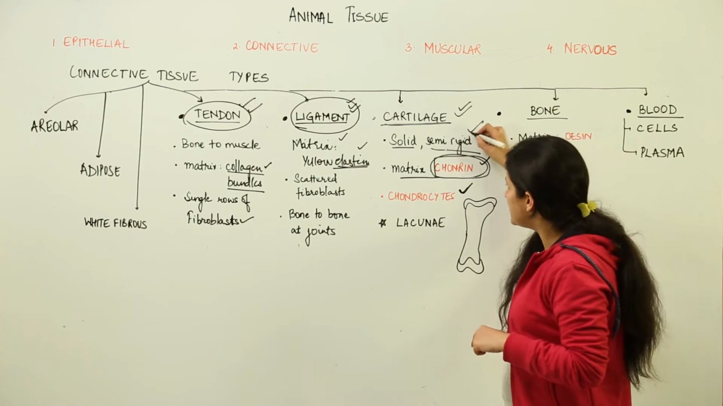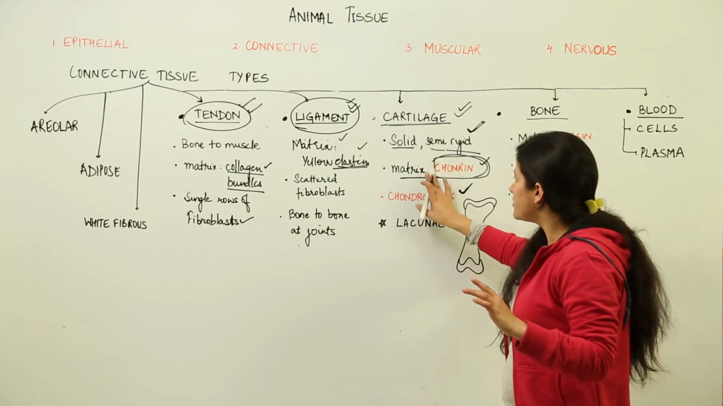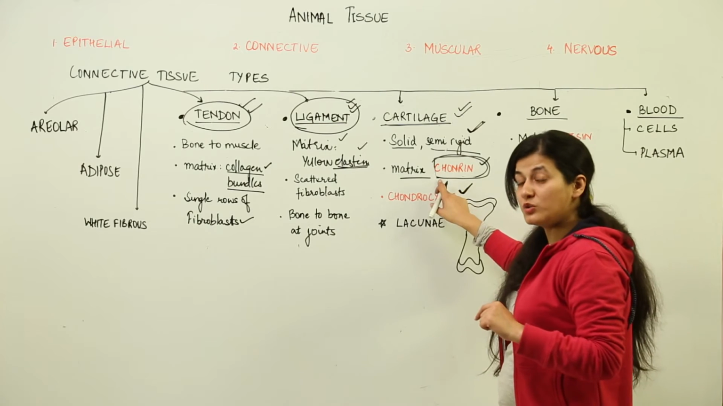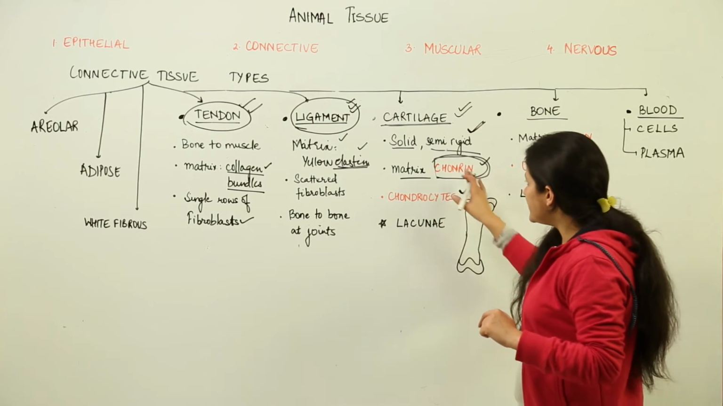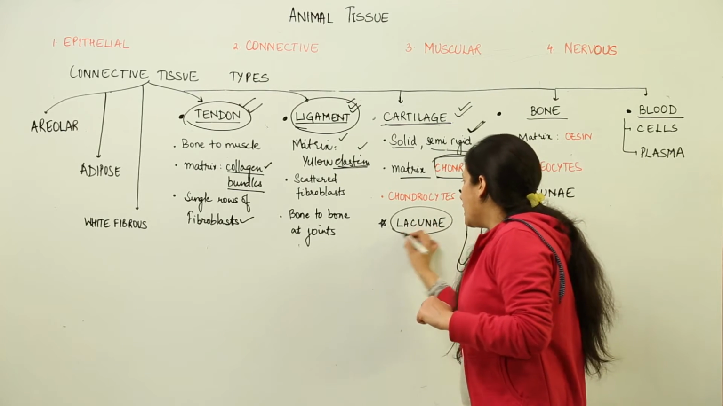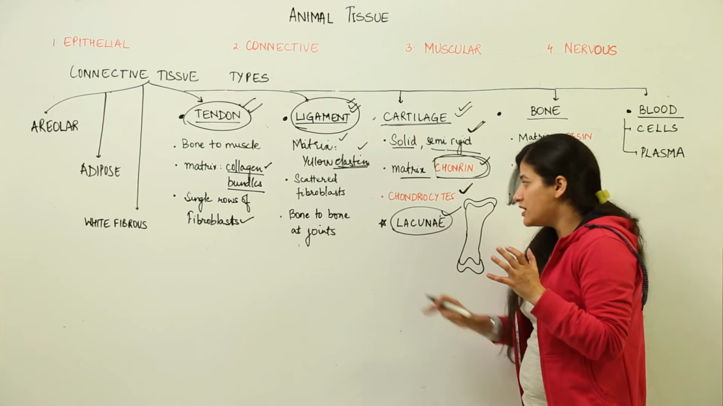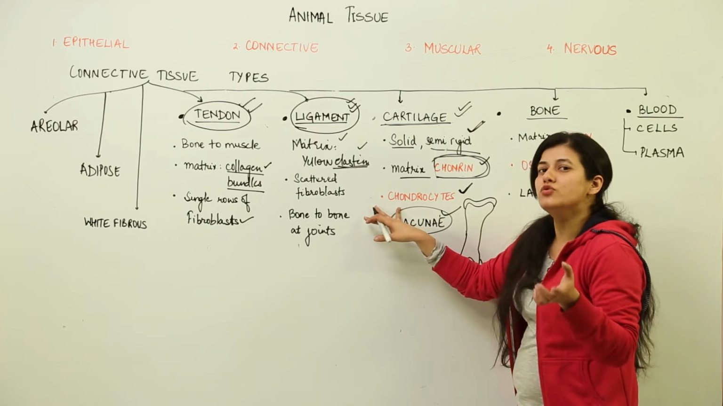That is why we use the term semi-rigid. Nowhere do we use the term elastic. Why? Because the matrix is made up of chondrin, which is a rigid protein. Now inside this matrix there are lacunae. What are lacunae? Lacunae are empty spaces which have 1 to 2 or 2 to 3